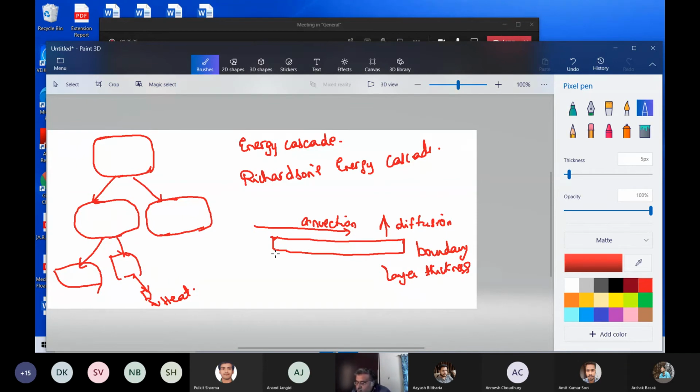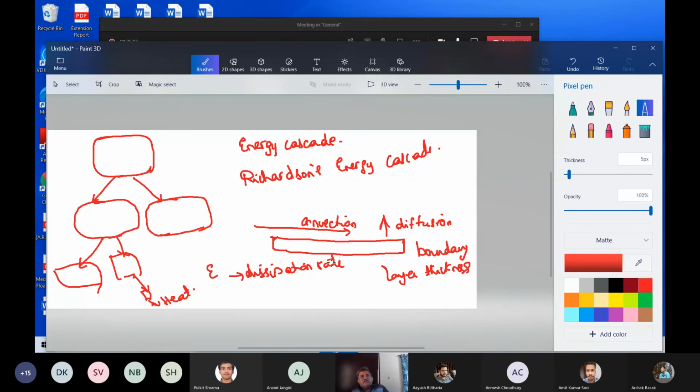We have covered some portion today. Now I will need to do one more thing. What you see here is actually a cascade of energy. Energy cascades from a large scale to a smaller scale, and it finally dissipates as heat. The rate at which the smallest eddies dissipate energy as heat is usually written as epsilon, which is the dissipation rate. This is a term used in many things.